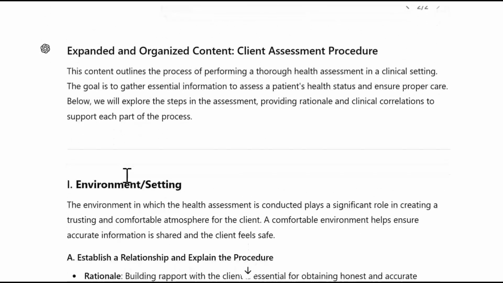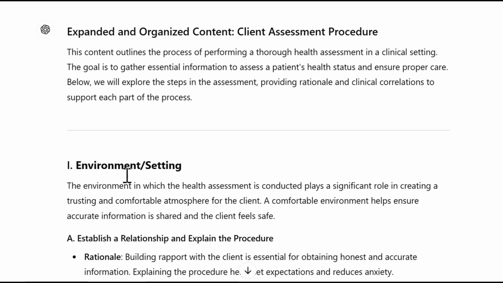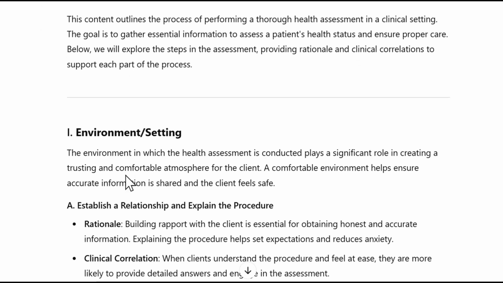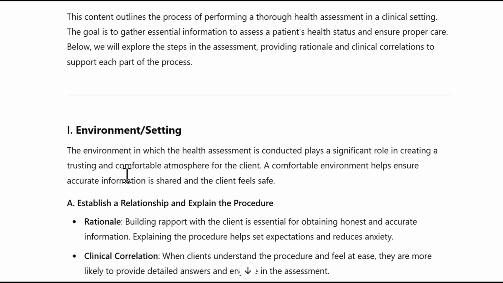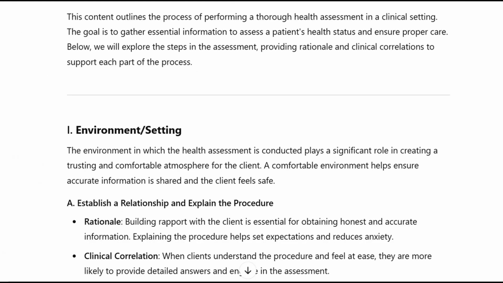Client Assessment Procedure. This content outlines the process of performing a thorough health assessment in a clinical setting. The goal is to gather essential information to assess a patient's health status and ensure proper care. Below, we will explore the steps in the assessment, providing rationale and clinical correlations to support each part of the